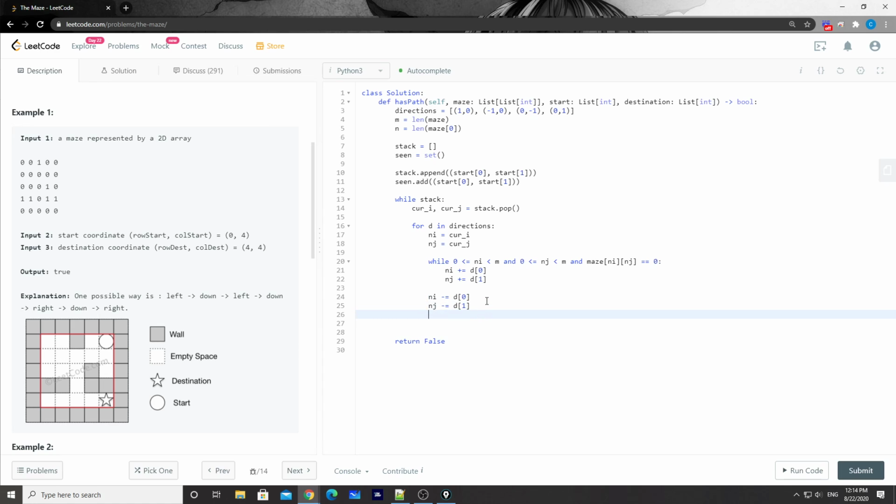It is the stop position. Like I said, we simply check if the new I is equal to the destination 0, and new J is equal to the destination 1. If that's the case, we simply return true.